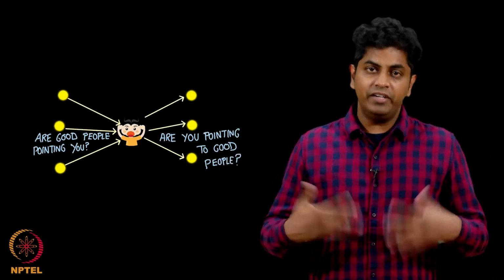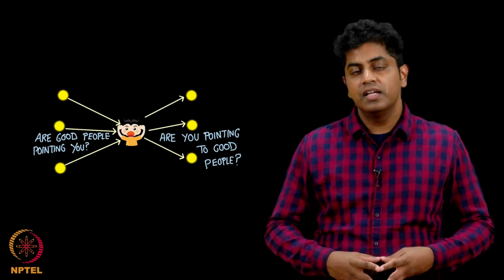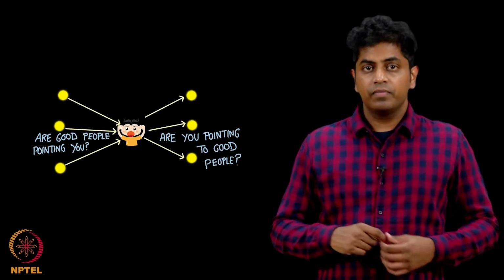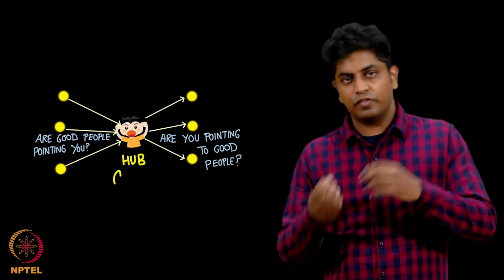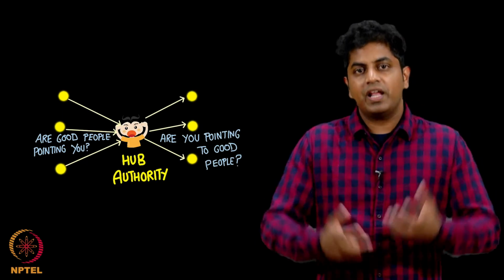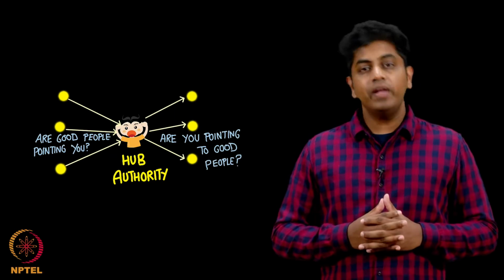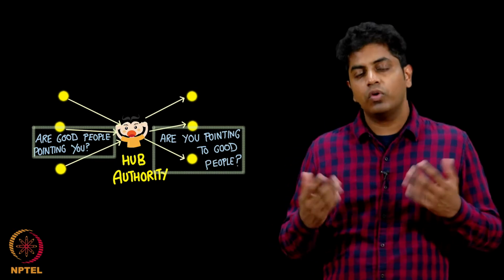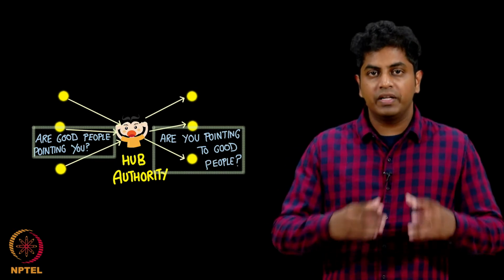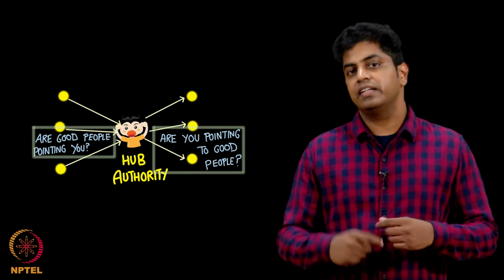Now, I can combine them, I am trying to combine them, and I am trying to give you an easy way that given a node you try to give both the values to it. How well the node is being pointed to is one value of the node, how well the node is pointing is another value of the node. So, as you saw, there is a hub score and an authority score for a node. There are 2 parameters that decide how important a node is. One is what it points to, second is who are pointing to a particular node. As you can see, the definition itself is slightly recursive.